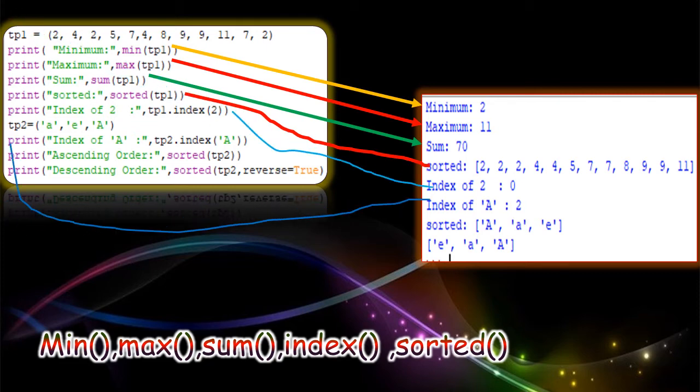And in another tuple, a string is taken. Here the index of capital A is position 2, the third place, so it's position 2. And we arrange the values in ascending order. Why does capital A come first? Because they are arranged according to ASCII values. Capital A's ASCII value is 65 and small a's ASCII value is 97. So in the case of strings, they are arranged in ascending order according to ASCII values. And if you want to arrange in descending order, we have to give the parameter reverse equal to true in the sorted function. Then largest to smallest will be printed.